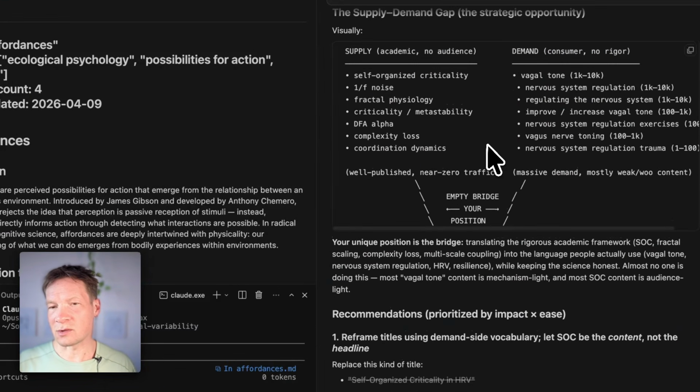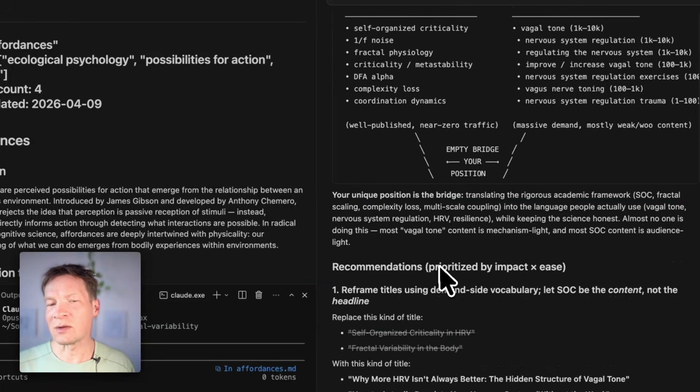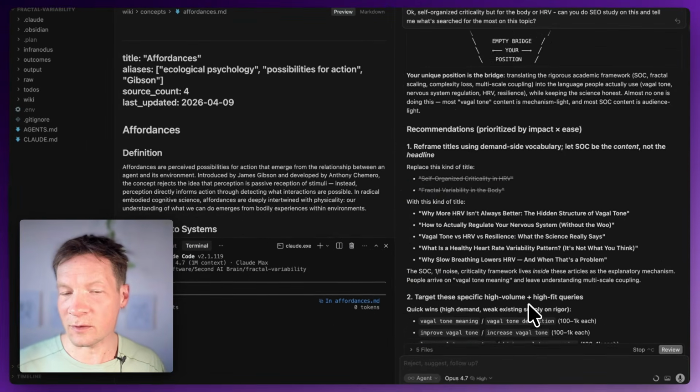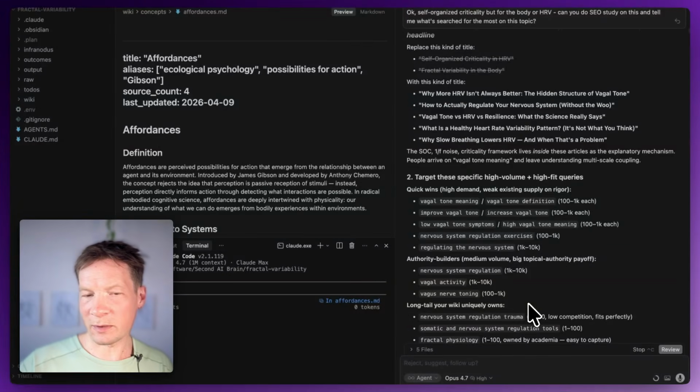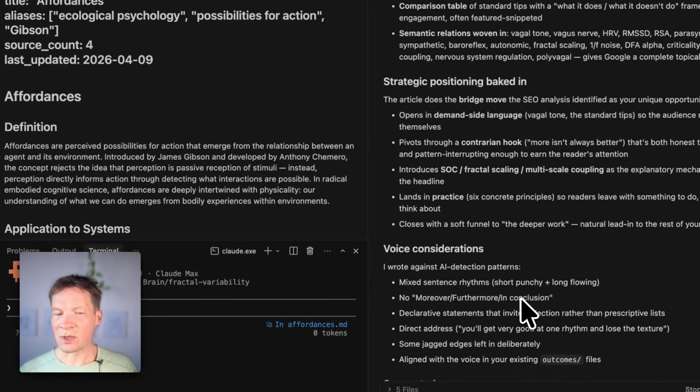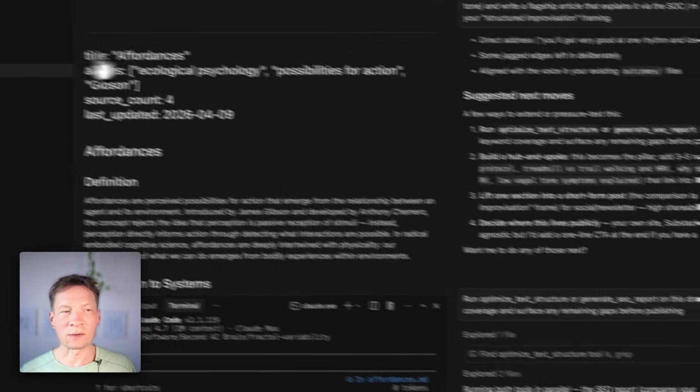You see, it shows you what is happening here. It says, okay, this is the supply, this is the demand. You need to focus on what people search for, but don't yet find. So it finds some gaps like that, finds some low-hanging fruits, opportunities that you can focus on where you would rank high for because no one else is writing about this, but you're still talking about the stuff that people are interested in. And then it gave me this whole content strategy, which then was turned into articles that you